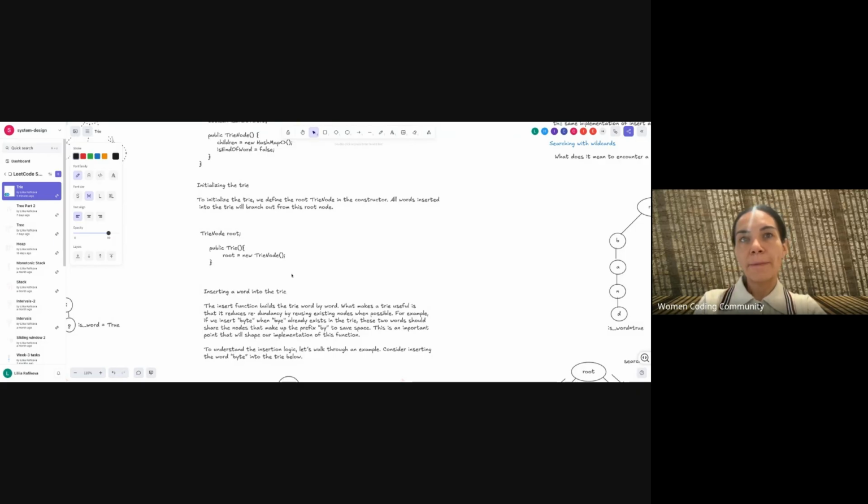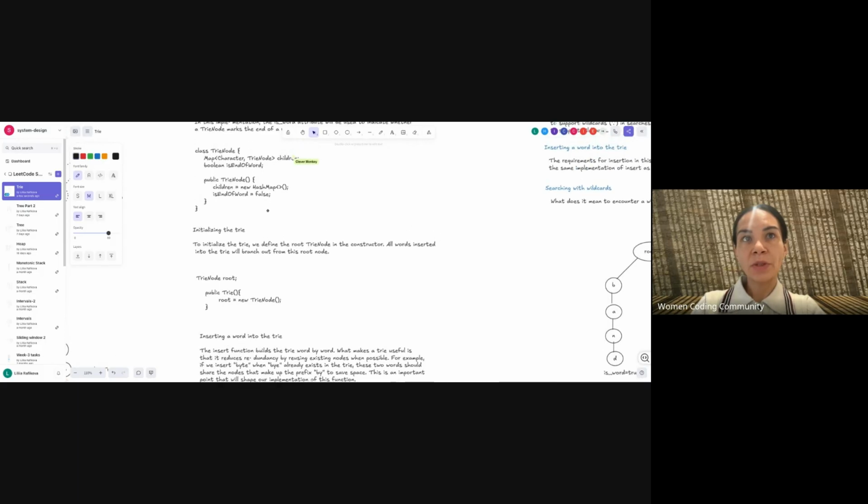For example, here the root, as we have our constructor, will be a new hash map. Root will look like this. Character will be empty, but it will have an associated